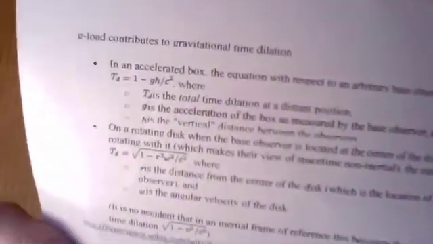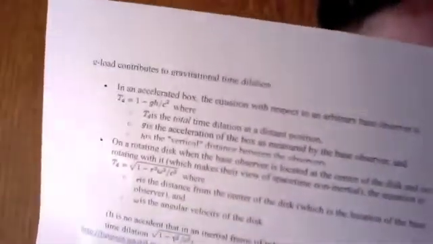So what you're looking at is not really an ordinary box falling due to gravity. You're looking more like you are standing on the event horizon of a black hole, which is impossible, but let's just do it as a thought experiment. You're looking at an object falling towards you. Okay, that would be this. TD is equal to 1 minus gh over c squared.